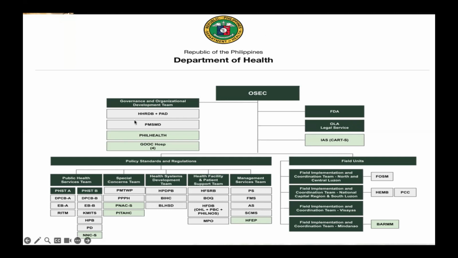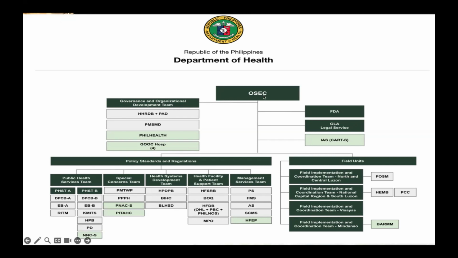there are 7 teams. Here in this new Department of Health organizational chart, there are 10 teams. More or less, they are serving the same functions as the old one. It's just that probably some of the teams were broken down into smaller teams in order to do its